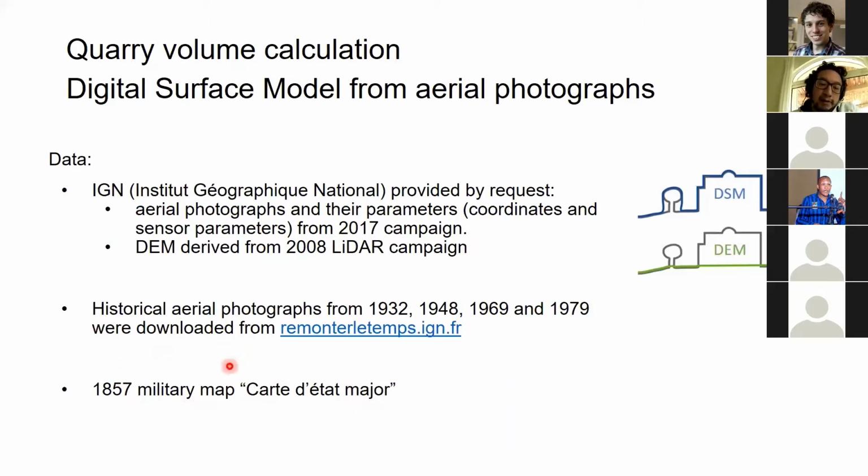So he got access also to a military map. In French, it's called the Carte d'état-major. This, of course, is a very old product with its limitations. So in general, the further you go back in time, the more uncertainties there are in the volume estimation. For reference, the